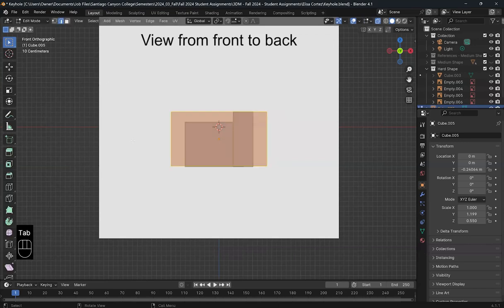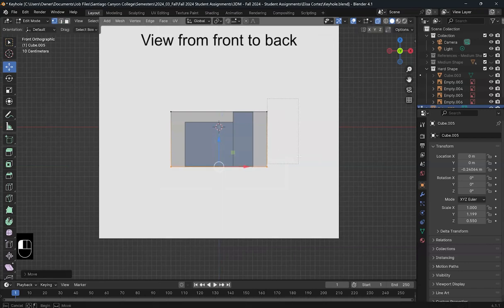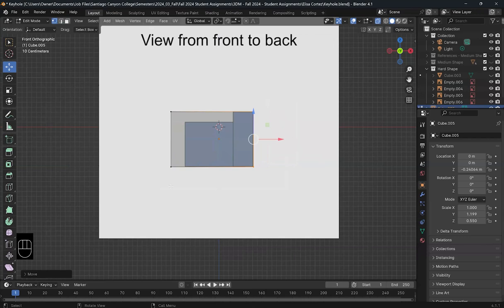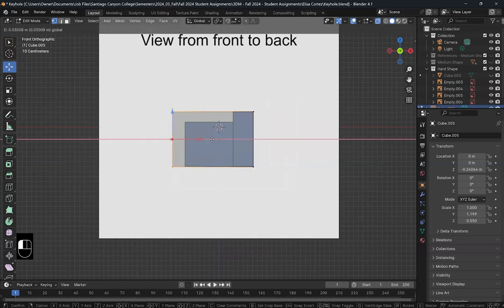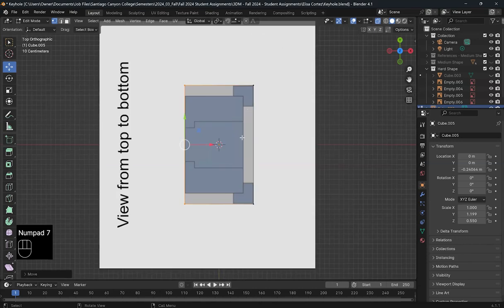Tab into edit mode. Move this down a little bit. This over. This over. Top. And so